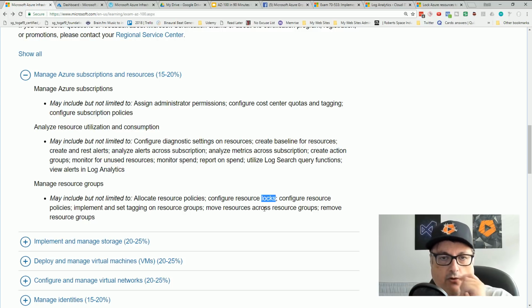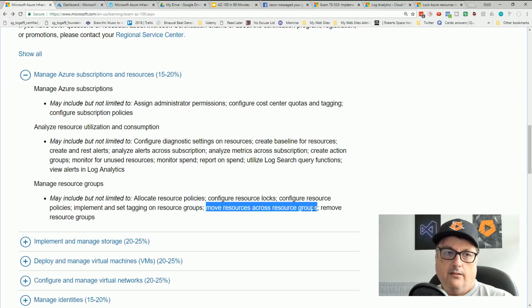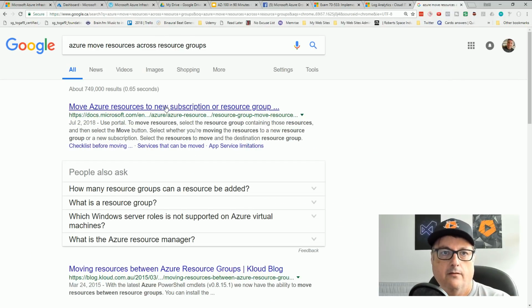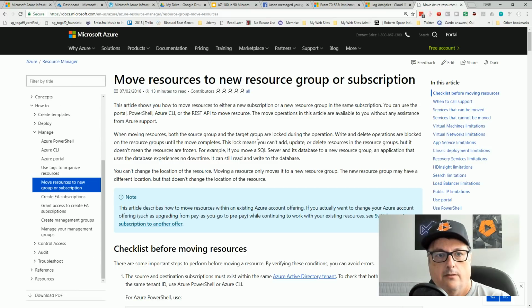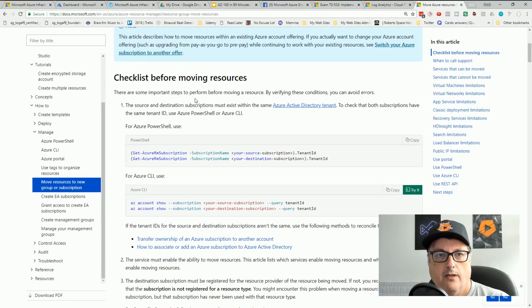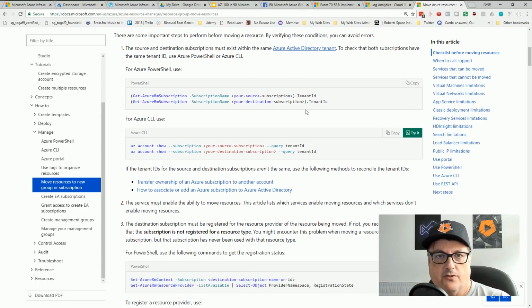Move resources across resource groups. So in order to move resources across resource groups, let's look at that. You can use the portal. So get subscription.